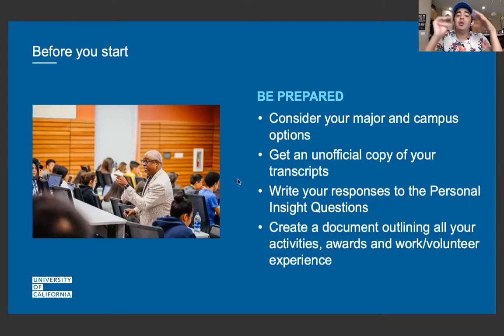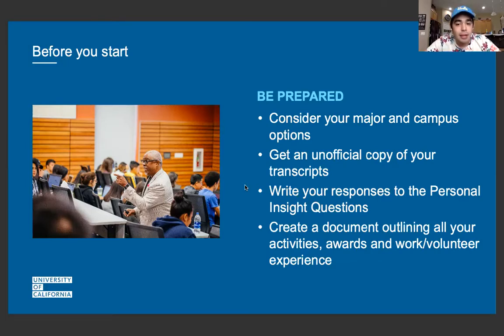Okay, so before you even look at the application, you want to know which campus you like, which has the major that you like, which is the one for you. And then you apply to those or whatever you see fit. The UC system is a research-based system, unlike the Cal State system. The UC system is more holistic and more appropriate in terms of a liberal arts education, and in terms of a science, and in terms of research that you want to do. Just putting that out there. Look into which ones are best for you. They all have their own niches, and you have to find out where you see yourself fit.